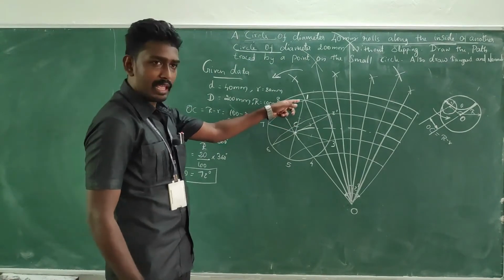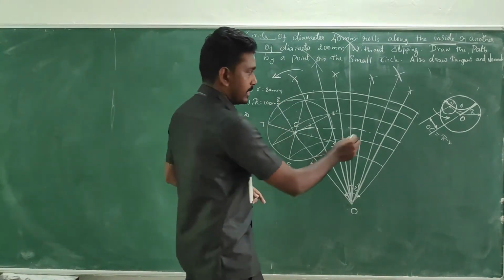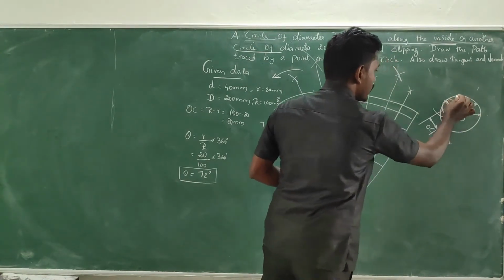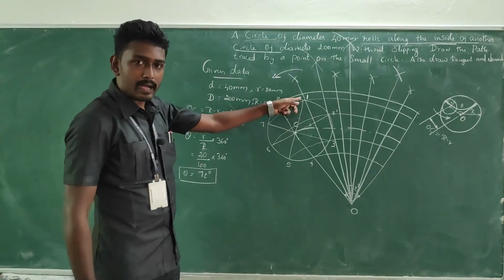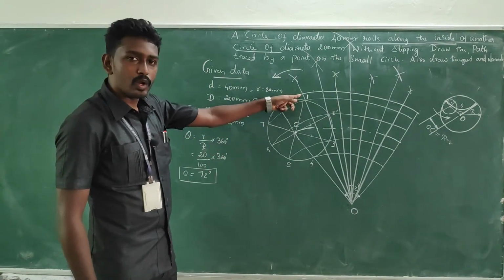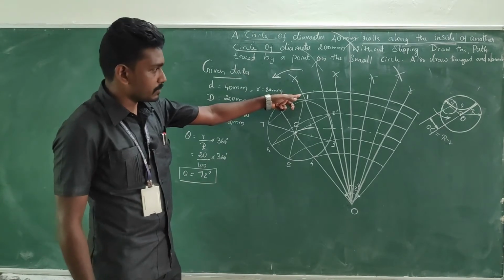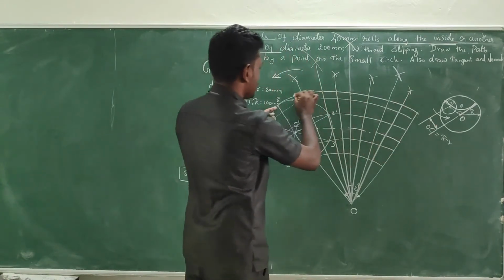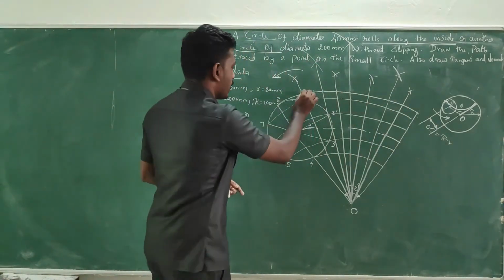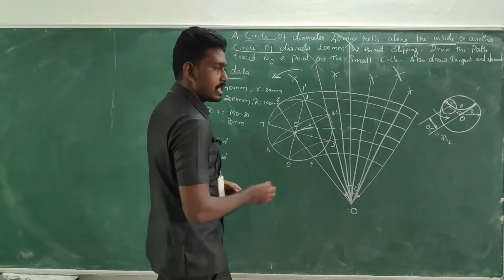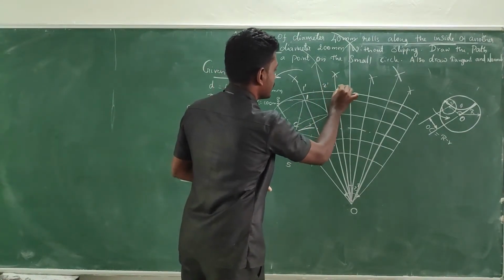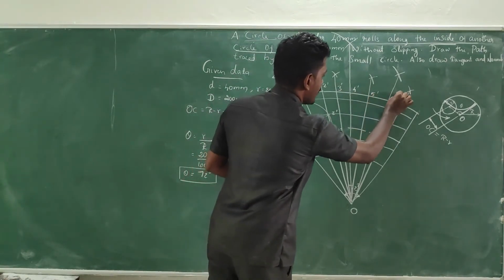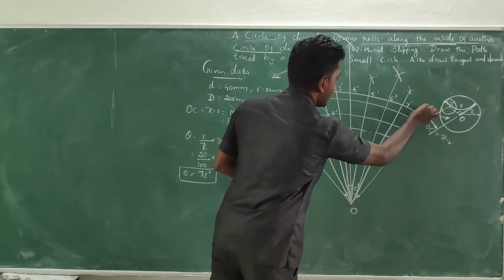And next we can give the namings. Since the rolling circle is having the contact at the topmost portion, we have to notate the numbering on the topmost periphery of the base circle. Okay, these are the topmost points. So I'm going to take this as 1 dash, this is 2 dash, this is 3 dash, this is 4 dash, this is 5 dash, this is 6 dash, this is 7 dash, this is 8 dash.